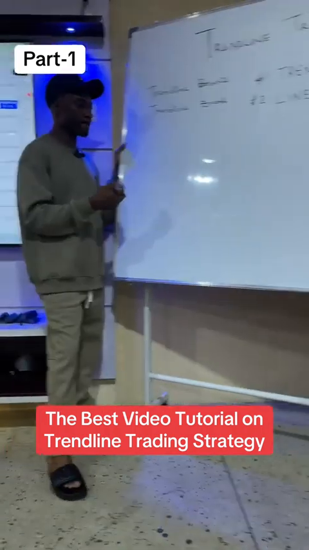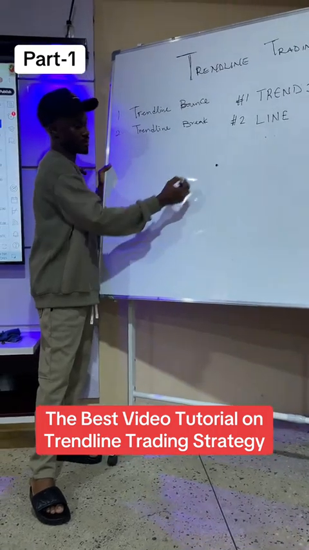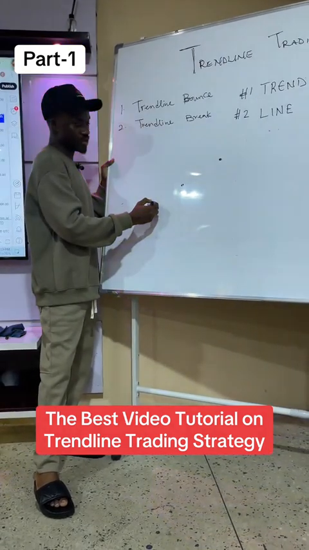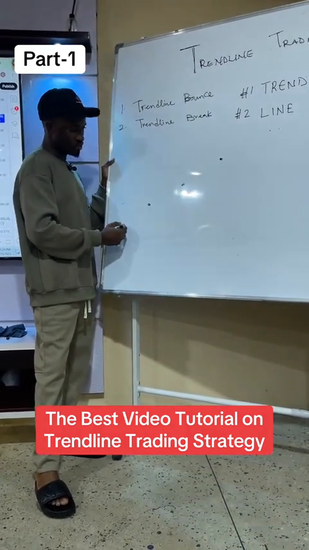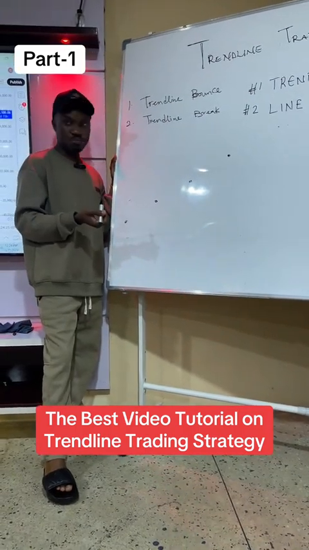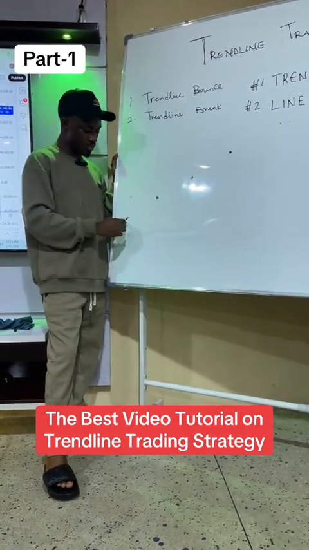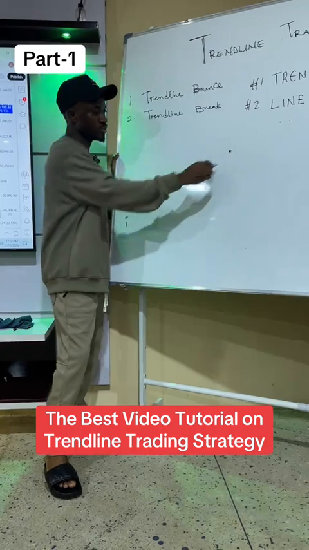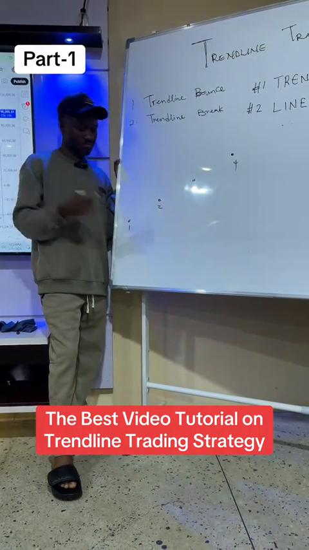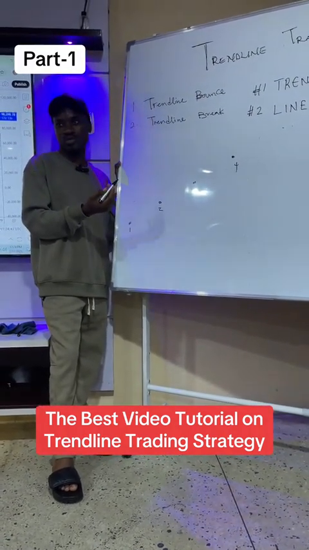Now, let's say, for instance, we have a high here, higher low, another higher low here, another higher low here, and another higher low here. Most of the time, when you want to construct your trend line, let me ask you a question. Where would you start? Let's say this is point 1, 2, 3, 4. If you want to construct your trend line, where would you start your trend line? Left to the right. Professionally speaking, that is not the best way to construct your trend line.